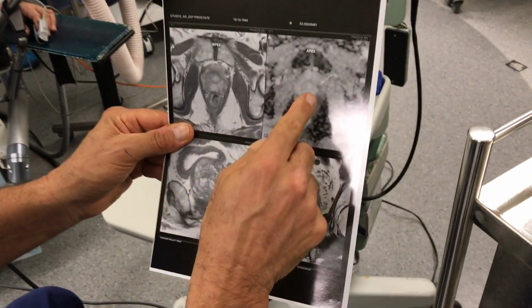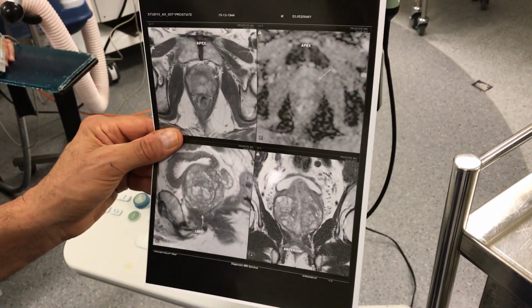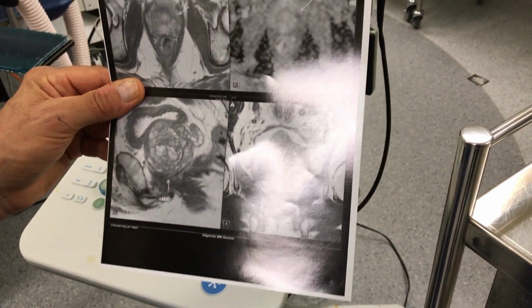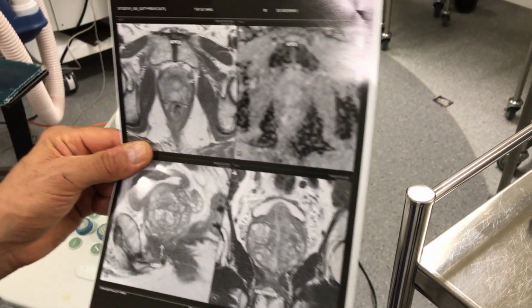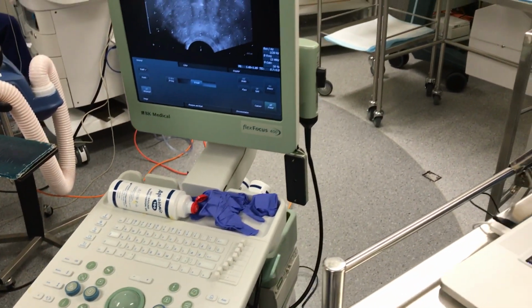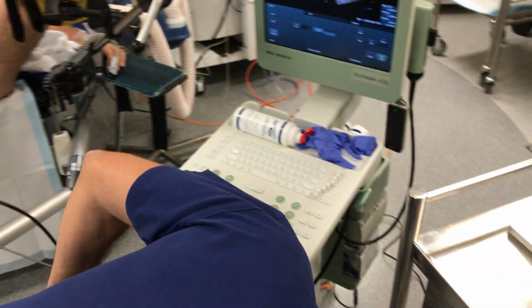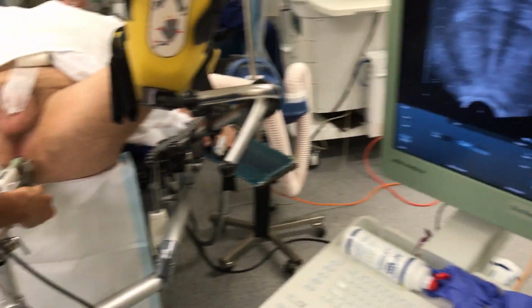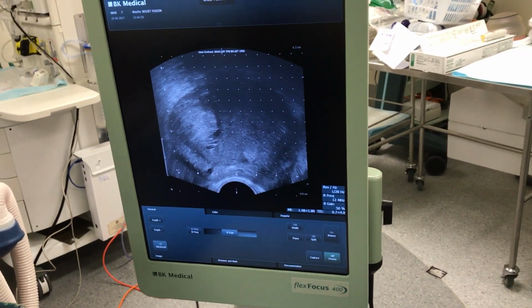A lesion at the left anterior apex, and all other areas are negative. And as you can see, he's got a very enlarged prostate, so we're going to try and do a targeted biopsy of that area. First thing to do is to put the ultrasound probe in and make sure it's got good contact with the prostate, and we go through and